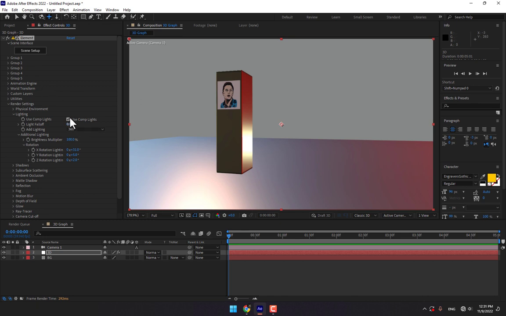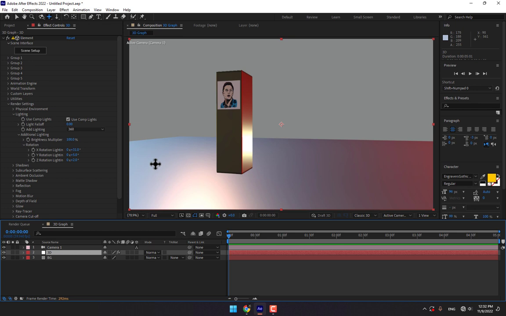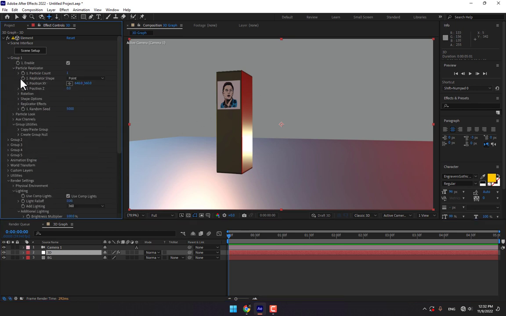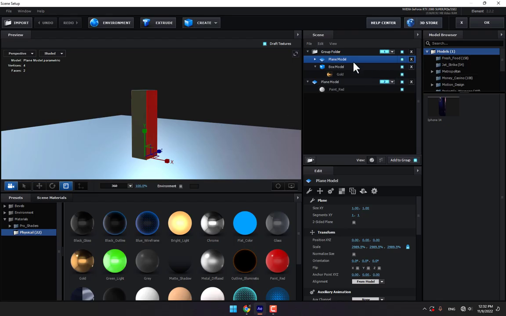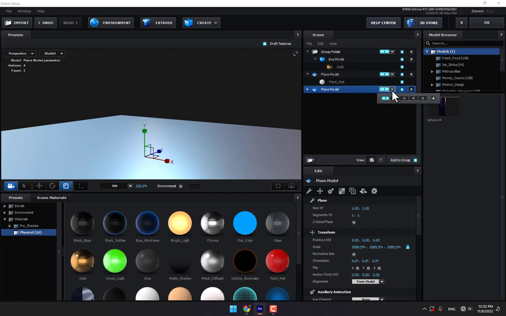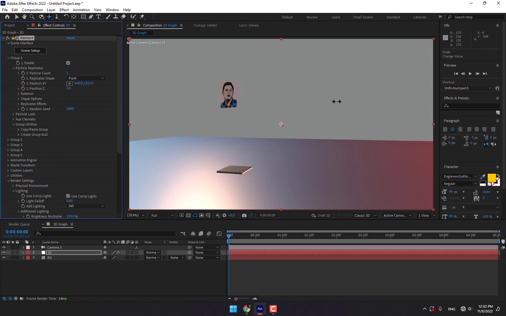So now let's make motion for the box. Go to object 1, particle replicator, Ctrl Z, go to scene setup. Here is the group 1. Change the plane to group 3 and press OK. So now move the box down here,